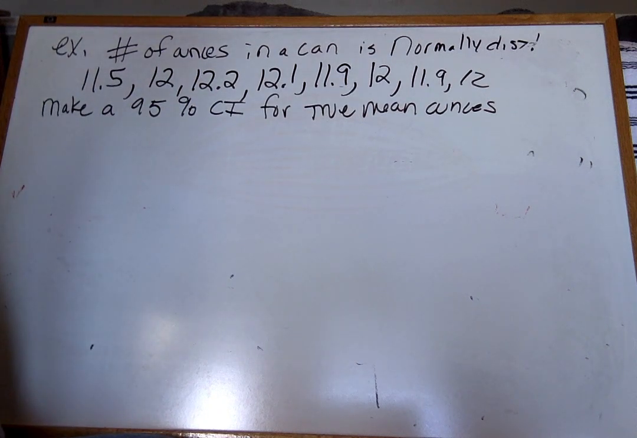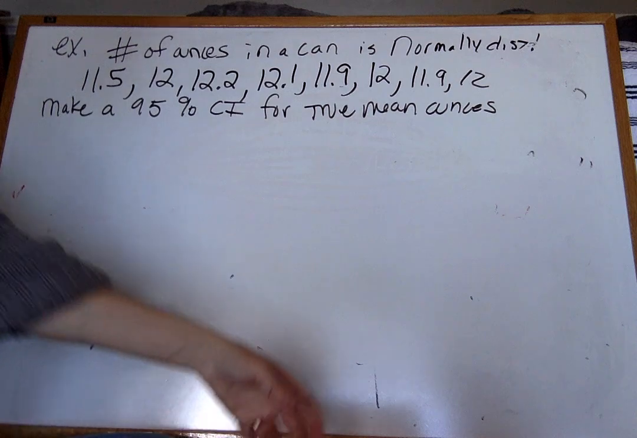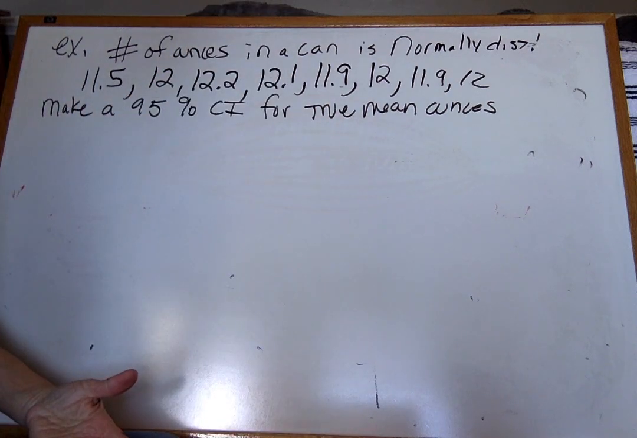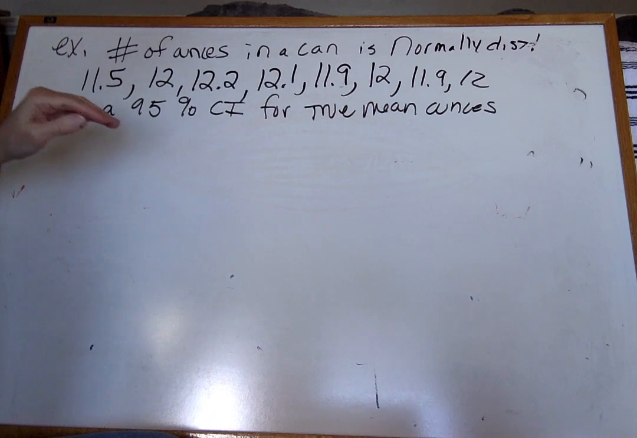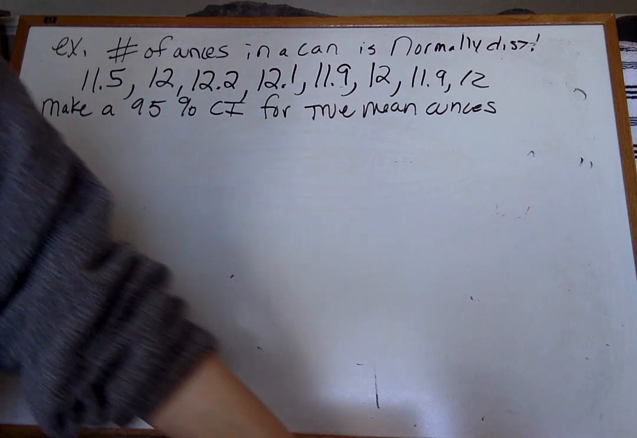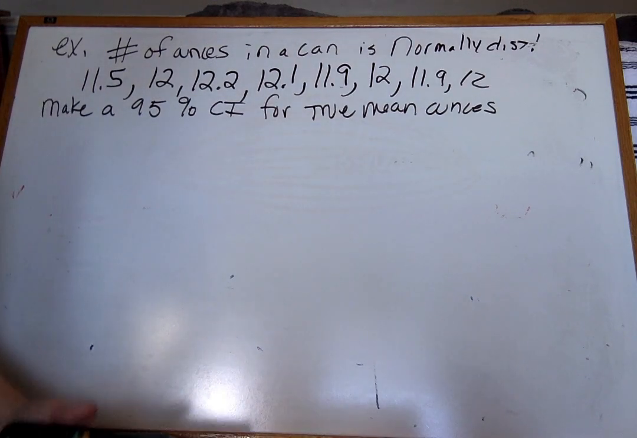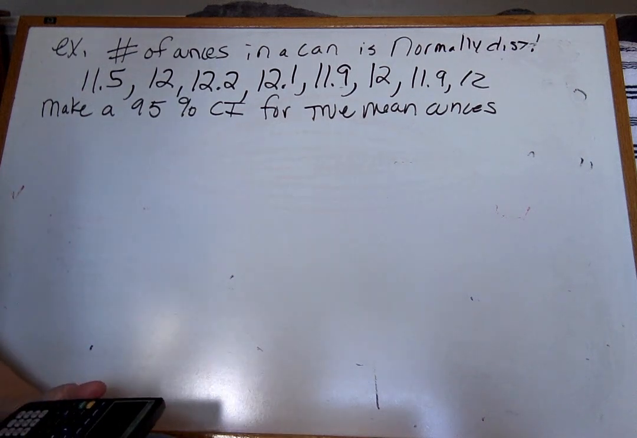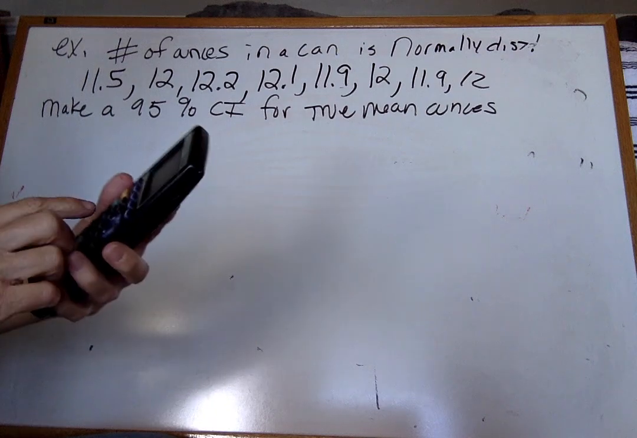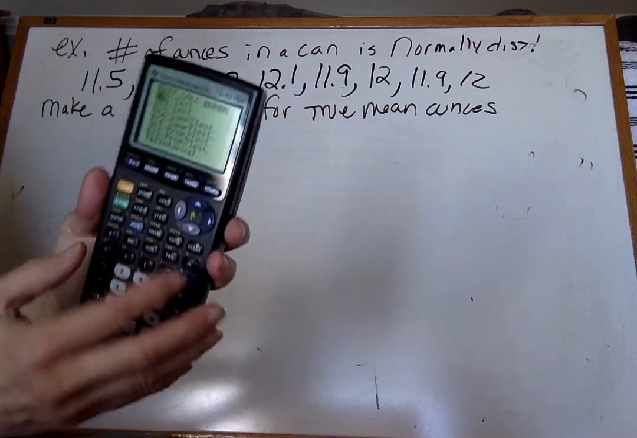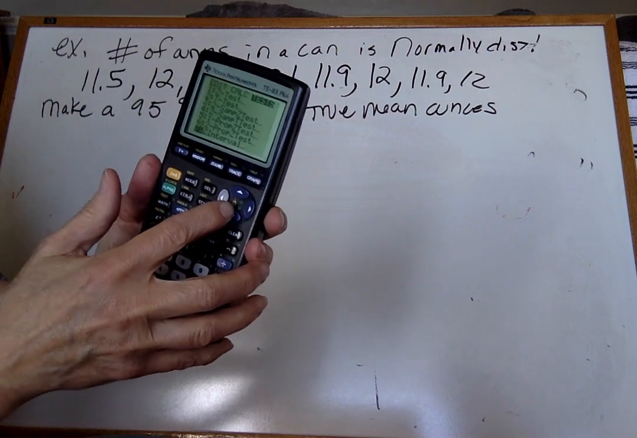We want to make a 95% confidence interval for the true mean number of ounces, meaning in all cans of soda. Now, I can't even really set up my formula yet because I don't even know what X bar and S are. So whenever you're given real data, you have to go to the calculator first. So you put your data into L1. Now go to Stat, Test, go find your T interval again,